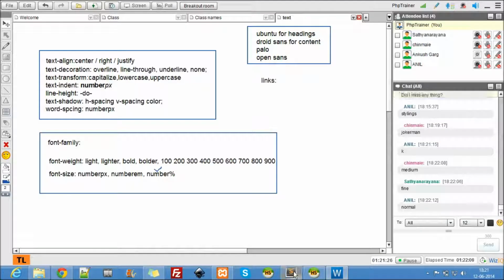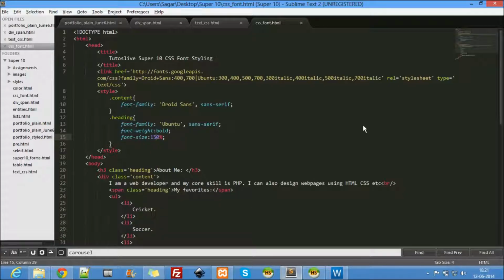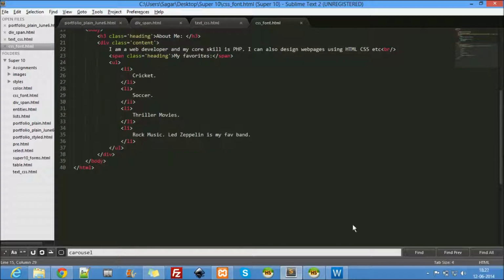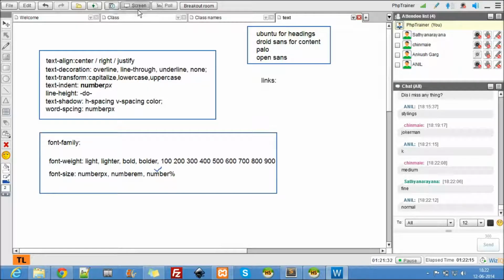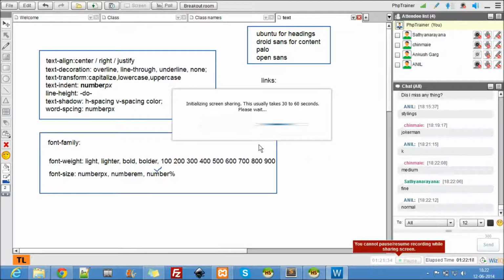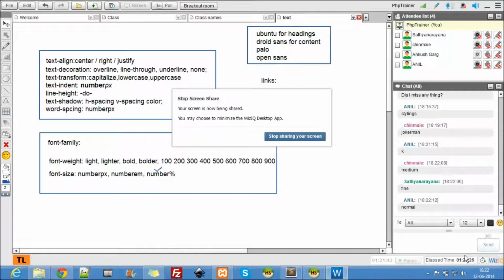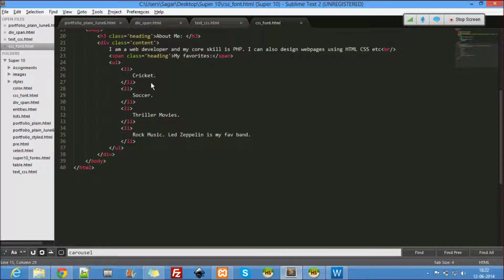Start links. Okay, so let me share my screen. We have 8 minutes here, no problem. Here I can use links inside a list also, like this.